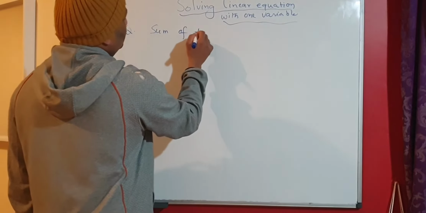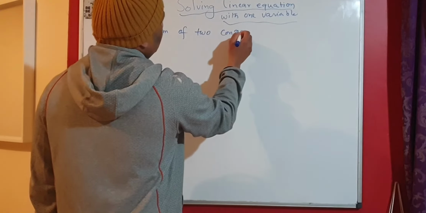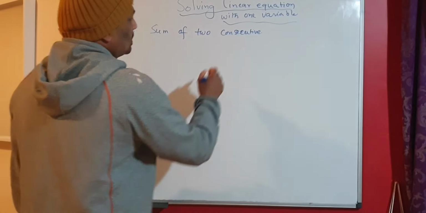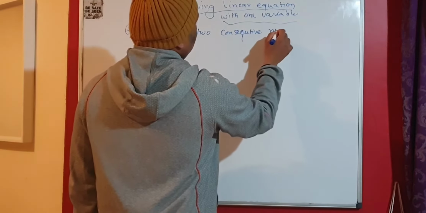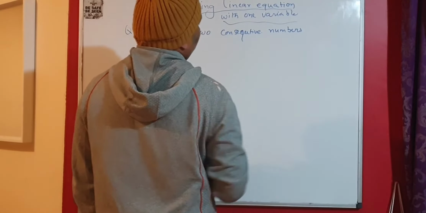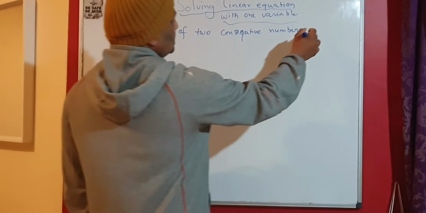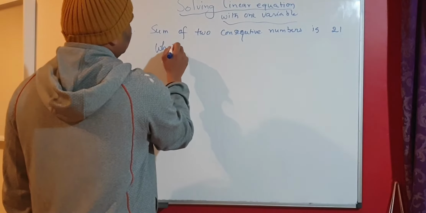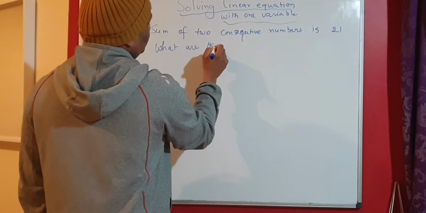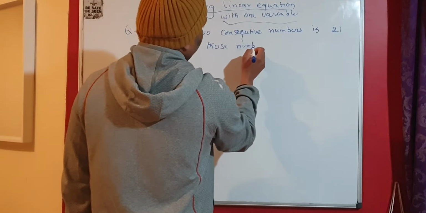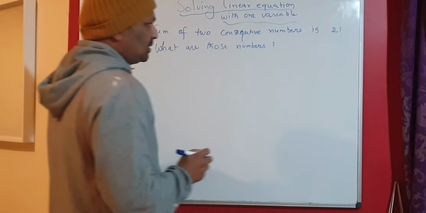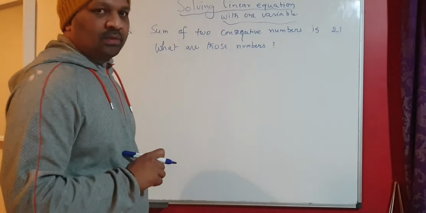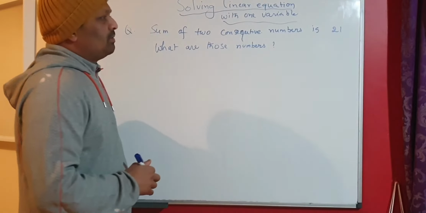Sum of two consecutive numbers is 21. What are those numbers? Yeah, okay. The sum of two consecutive numbers is 21. What are those numbers? Okay, this is the question. This is the word problem, and we have to solve it using